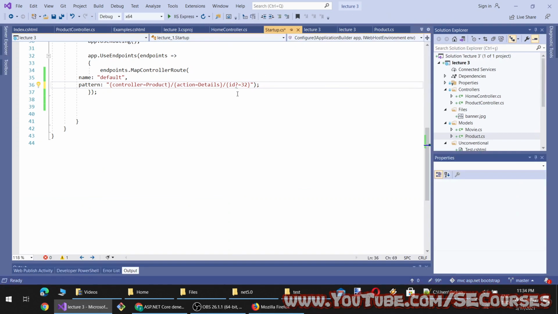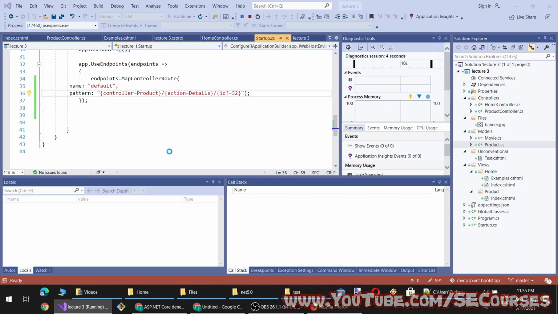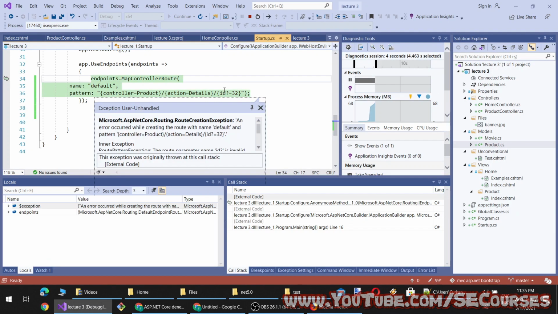I wonder if this would work. So this is the pattern, but yeah, the pattern threw an error. Okay, so